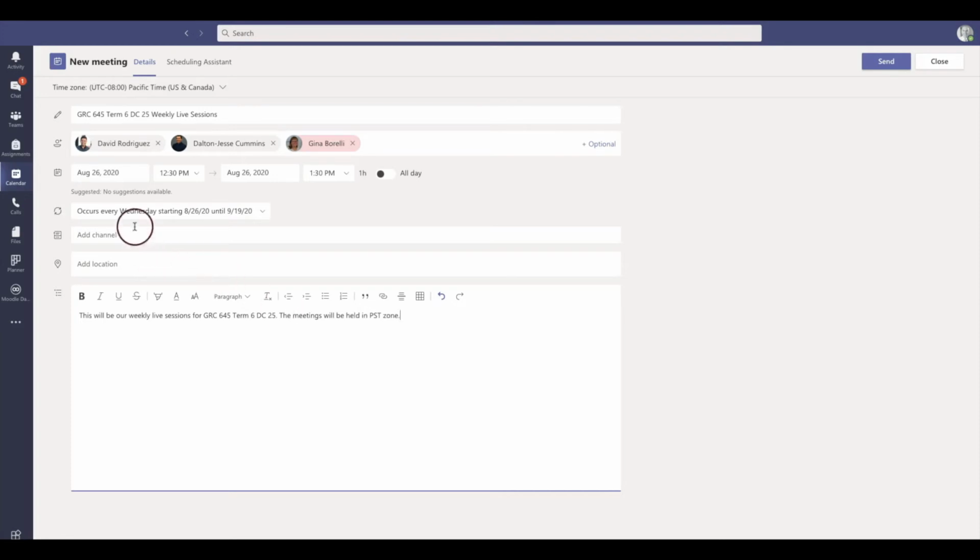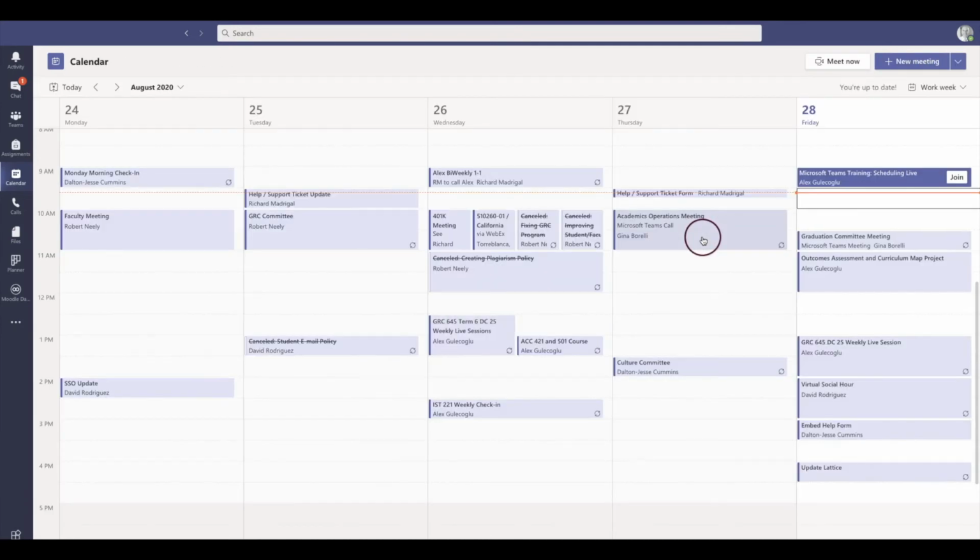There you go. Okay. So I have my students here, my custom date from this date to this date. Okay, and then a simple information. So once you are sure that everything is correct, simply send. Okay, so you will see your new weekly meeting here, and you will see this circle as well. It means it's a recurring meeting. Okay, so once you do that,